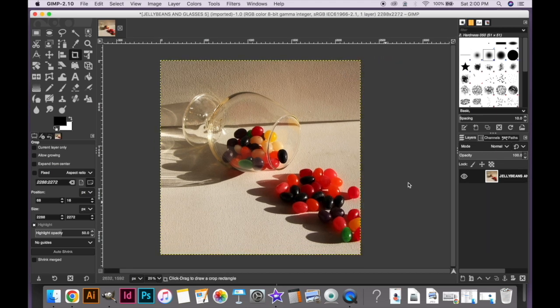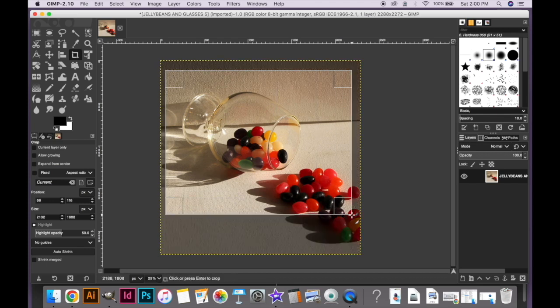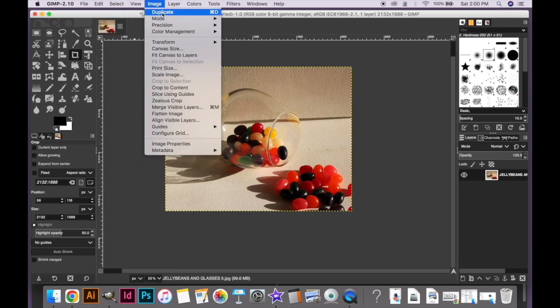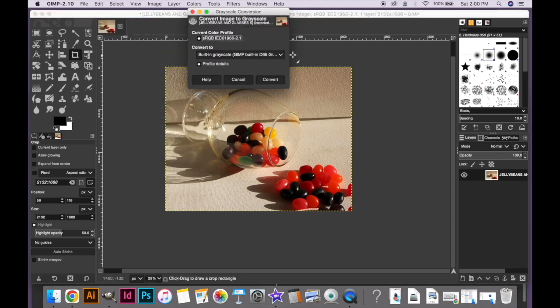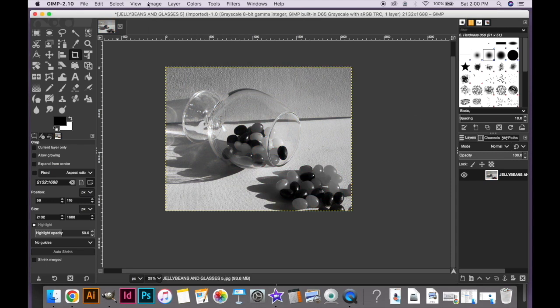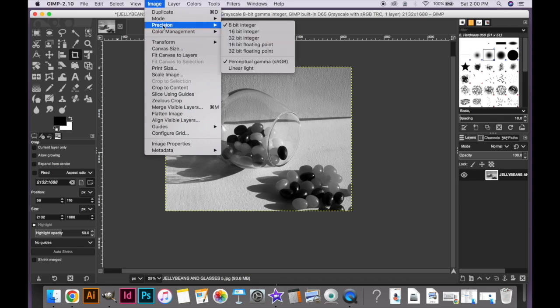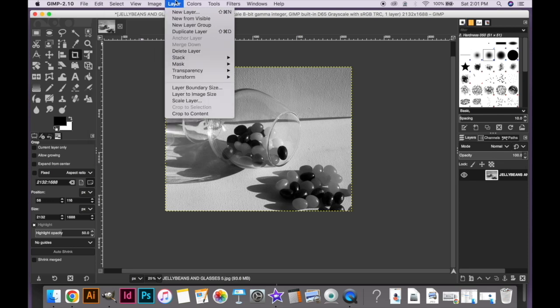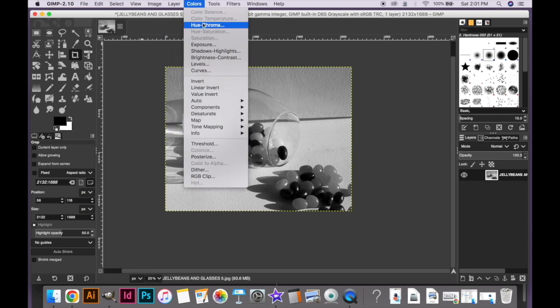GIMP is a free photo editing tool that you can download for Mac or PC via their website. And it includes all of those basic tools and filters that are available for us on Photoshop, which are so helpful for any artist who draws or paints. Even though I would definitely not consider GIMP as user-friendly as Photoshop, it does allow you to very easily do things such as crop images, color edit, or increase the contrast in photos, turn photos into black and white images,